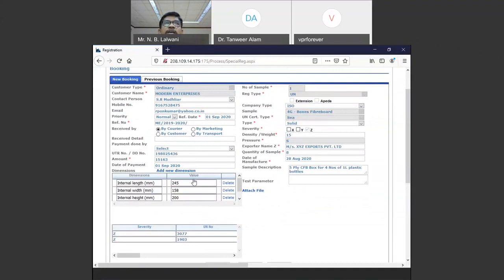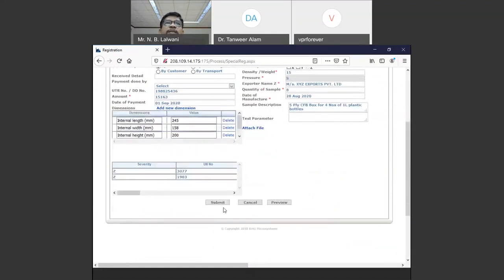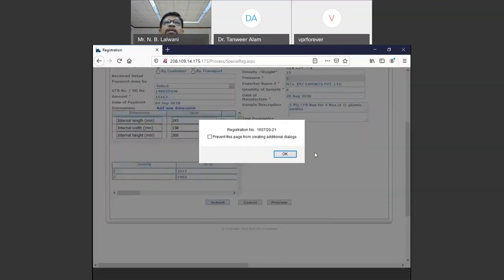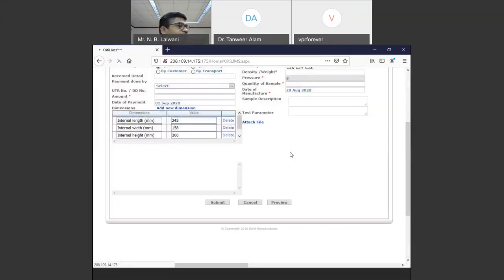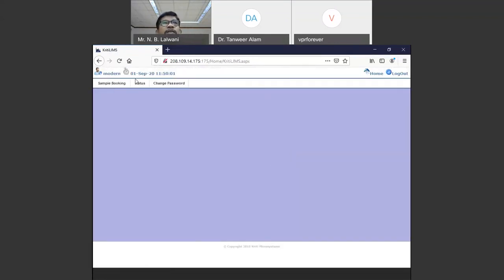You have to just see, and you have to change the dates. That is very important. Let's say at that time we did it in September 2020, and now you want to change some dates. You can update the recent dates and the manufacturing date, and then check that whatever data you have filled in is perfectly all right, then you can resubmit. So this will be taken as the next booking.